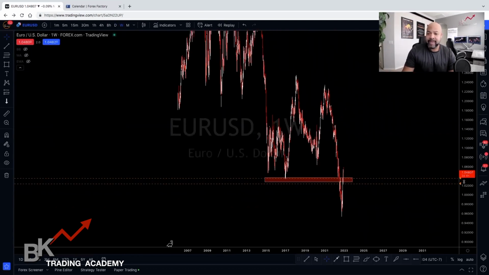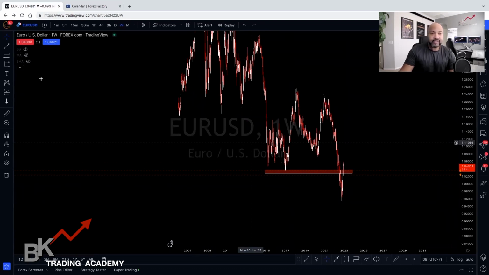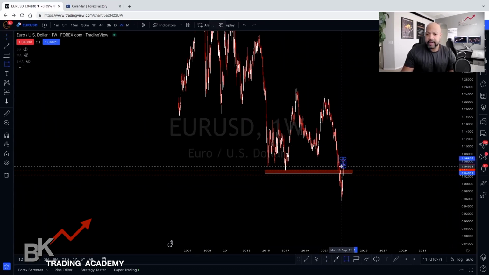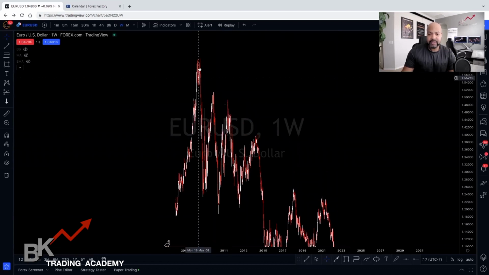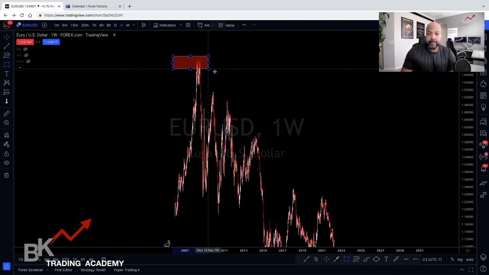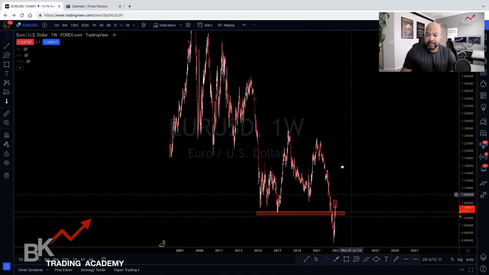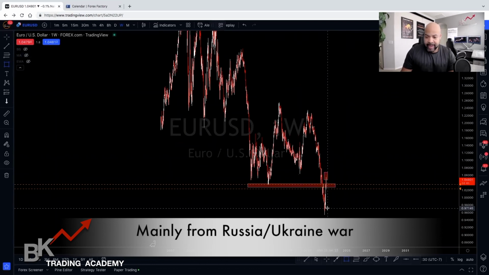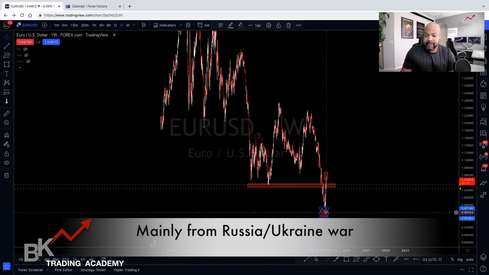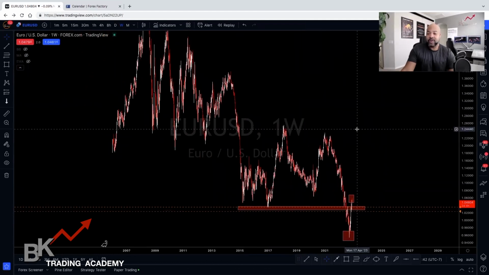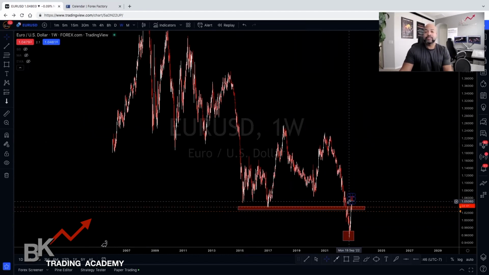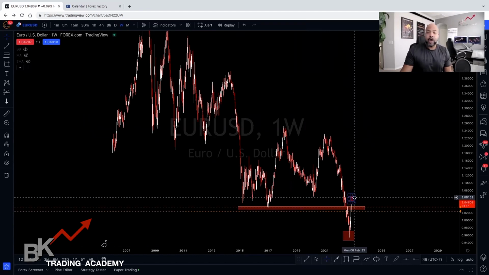So for example, I'm looking at the weekly. This is where price is at right here out of all of this noise. And if I scroll up, look how high price has gone in the past. This was back in 2008 when price was all the way here at this peak. And then price went all the way to the bottom just recently, right? This was in 2022, in the beginning of the year sometime, or even September. So if I do that, I know that more than likely price is just going to rise. So if I got in here, even if I got in now and just position traded this for years to come, I can almost say